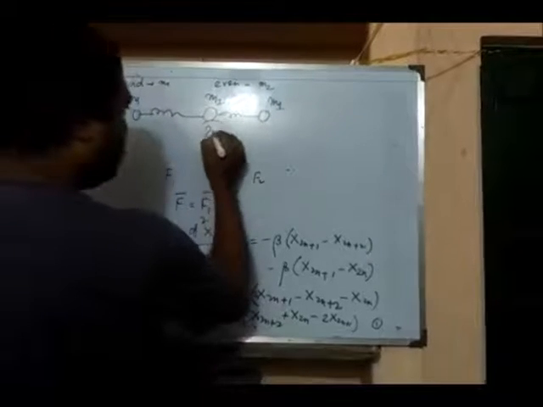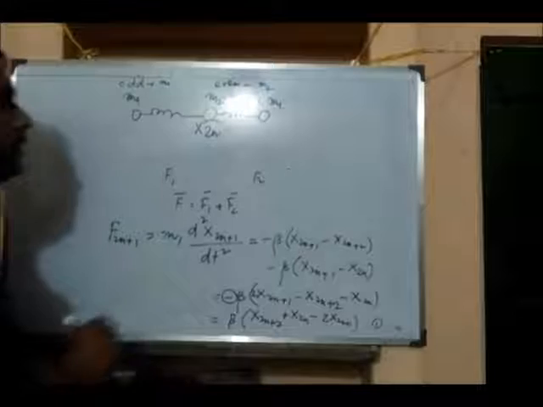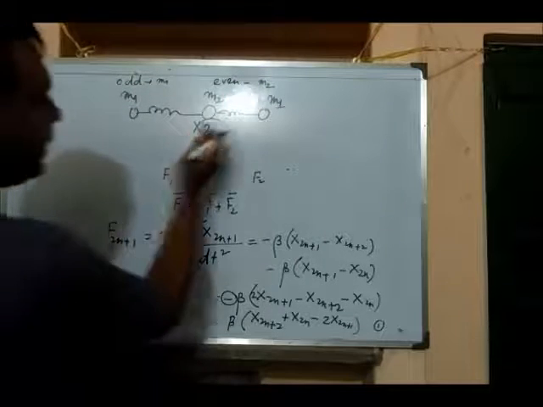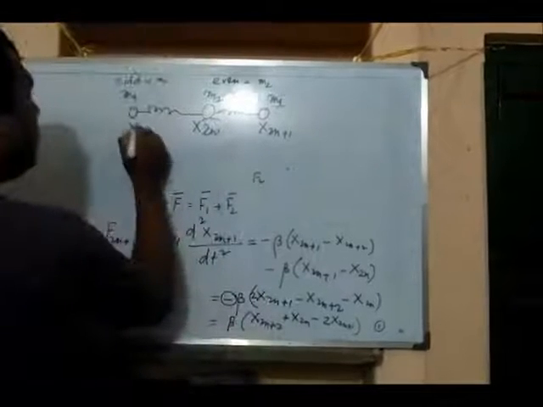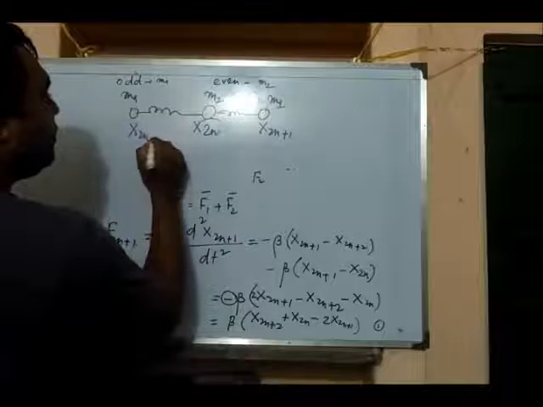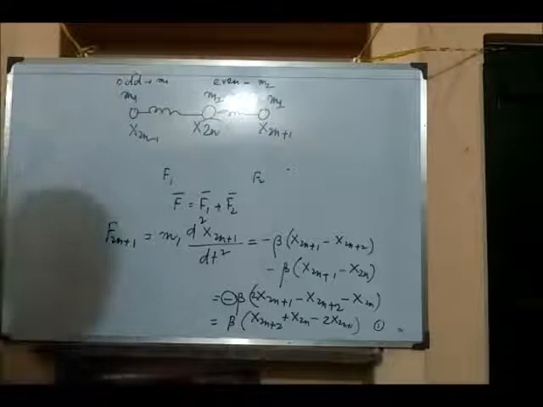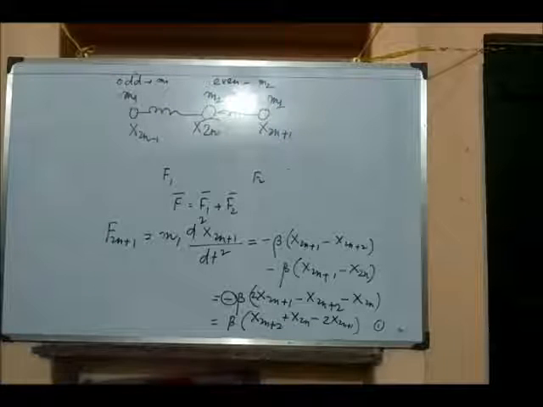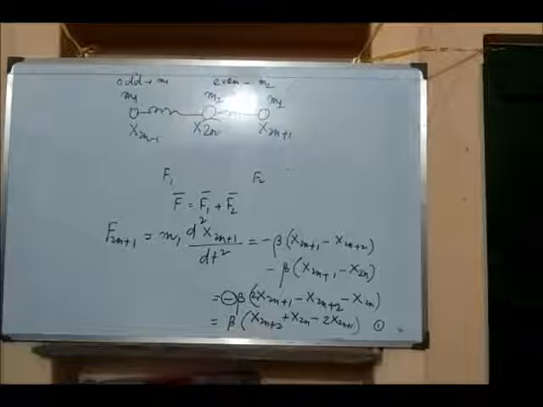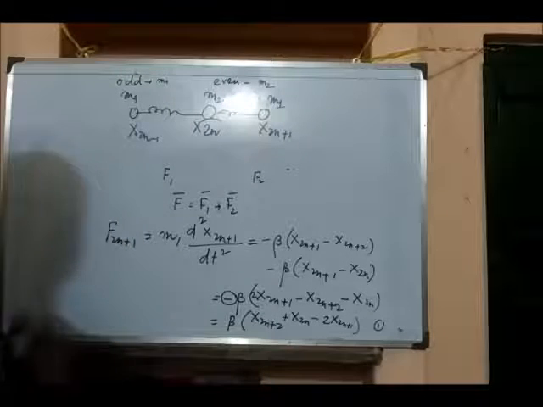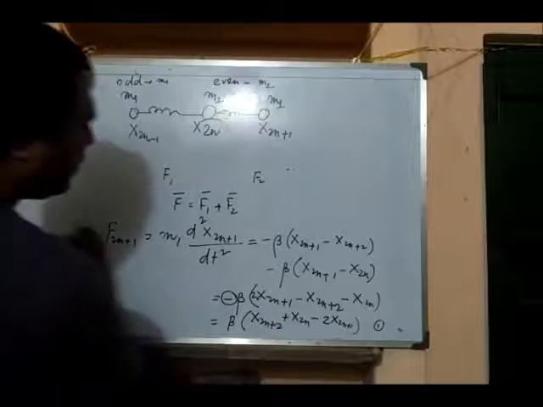So for the even atom, let us consider the displacement is x_{2n}. On the right-hand side the displacement is 2n+1, and on the left it will be 2n-1, right? So the same thing happens in this particular case, and we will get the second equation,